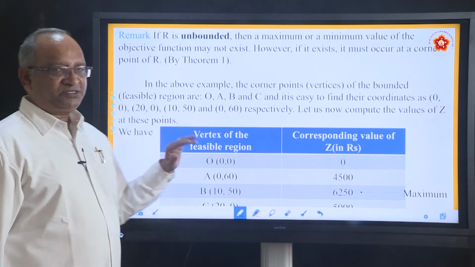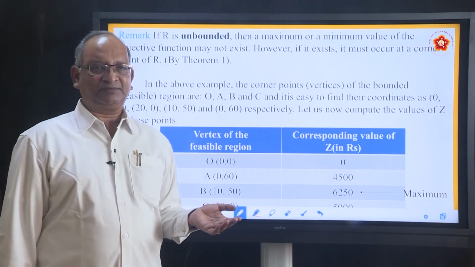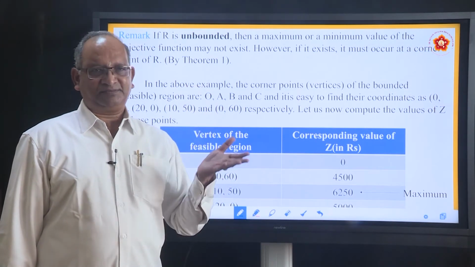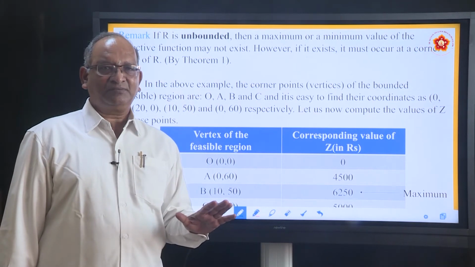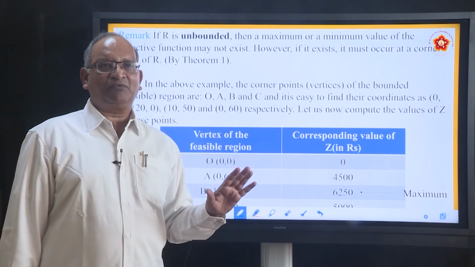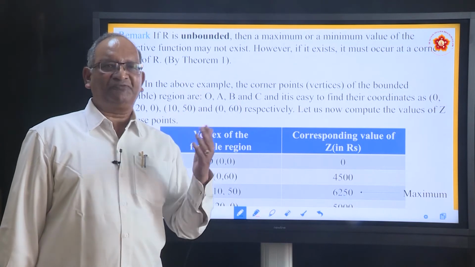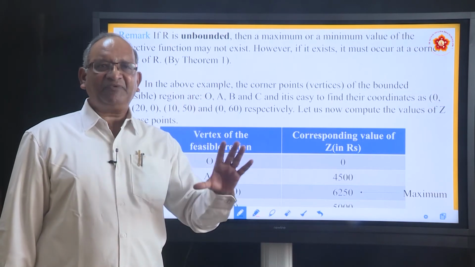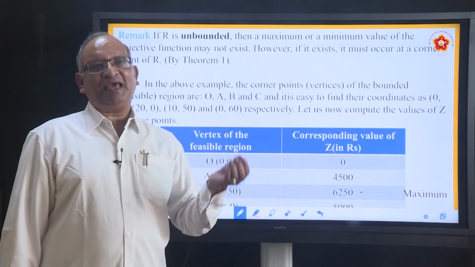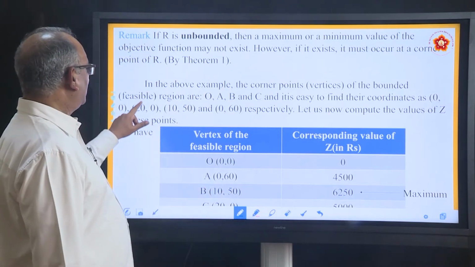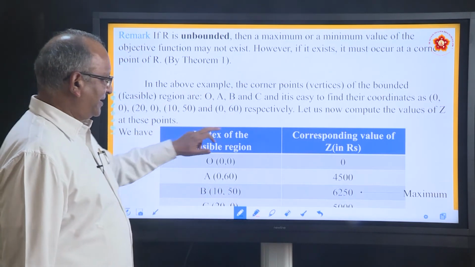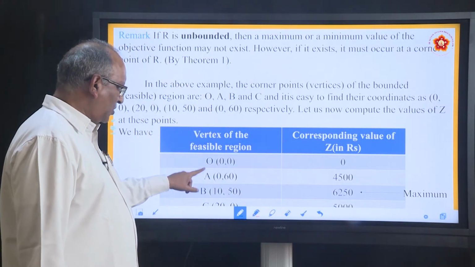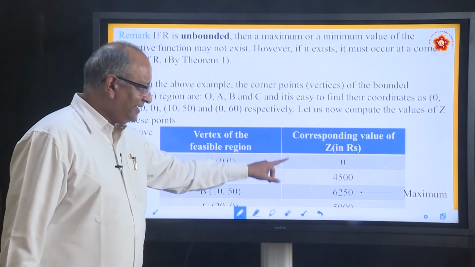In the above example, now just go back to the example of tables and chairs. We assumed that he has purchased X tables and Y chairs. What was the optimization function? The optimization function Z was equal to profit on the table, 250 rupees, 250 into X plus 75 into Y. This Z we want to maximize. So we are taking the help of corner points. Z values he has shown, means he has substituted these corner points and found out in each case what is the value.